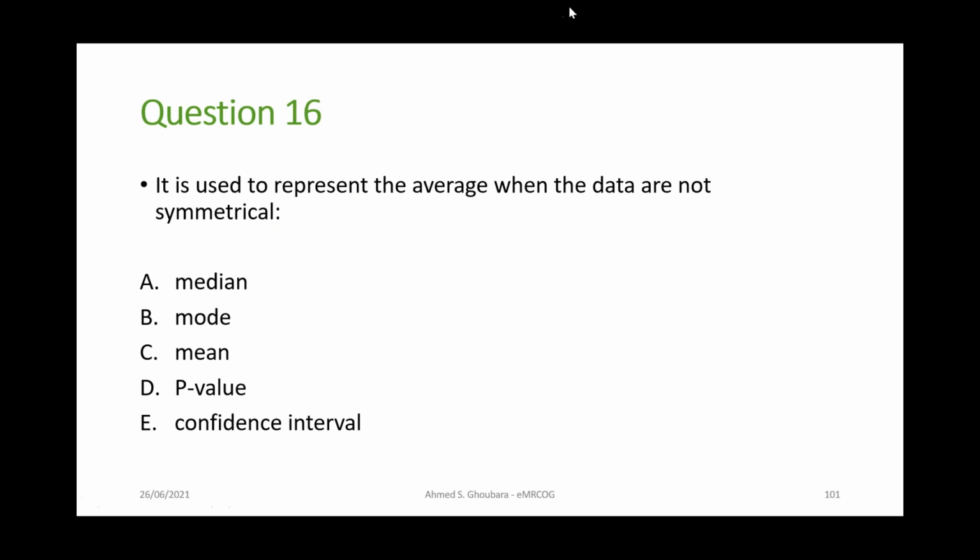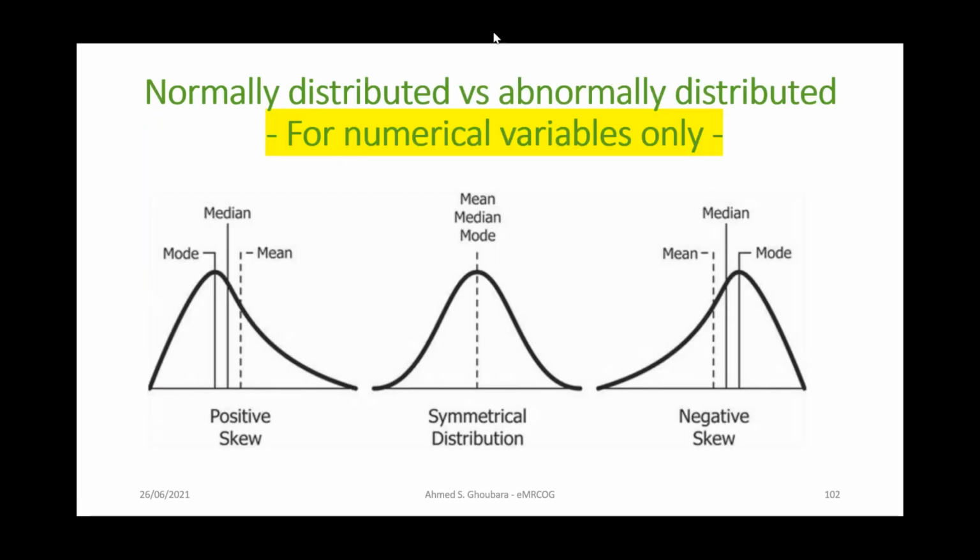So what's used to present an average when the data are not symmetrical? I think we said that before. I think median. The median, yeah. So here comes